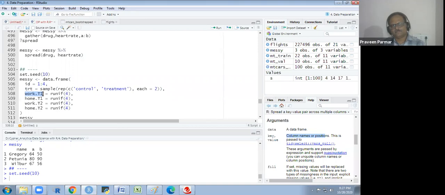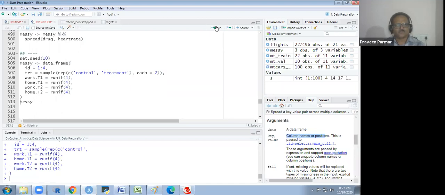Work time 1, shift 1, this is the shift. T1 is the work shift, home shift, work shift, home shift. runif I am taking 4 times. In the uniform distribution, by default we get the value between 0 and 1.